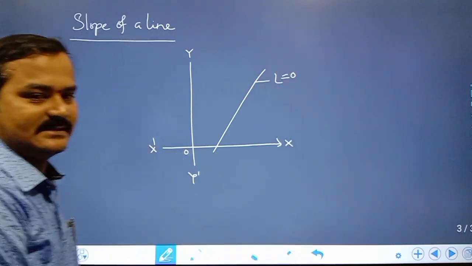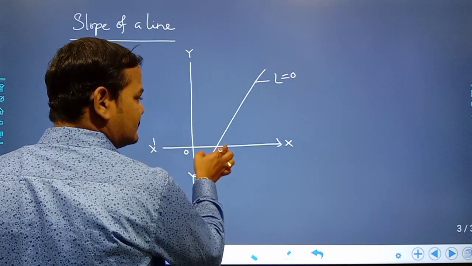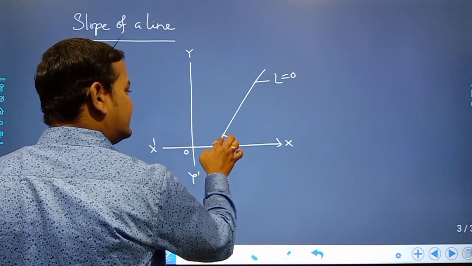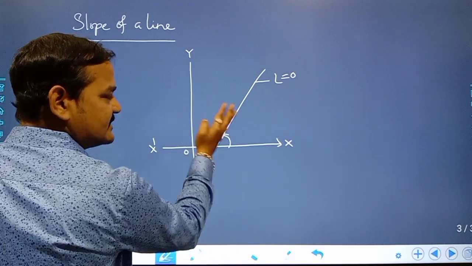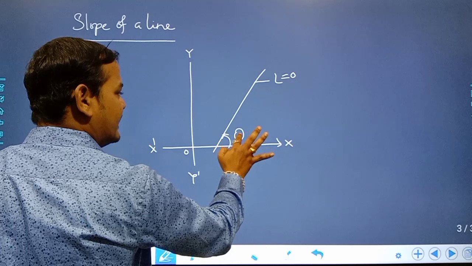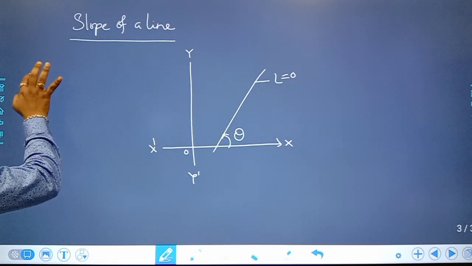This line touches the x-axis. Anti-clockwise direction means this is the direction. The angle in the anti-clockwise direction is called theta. Then, if the